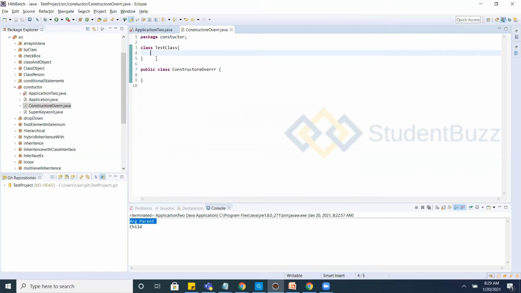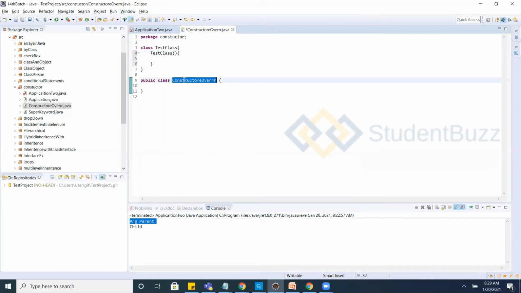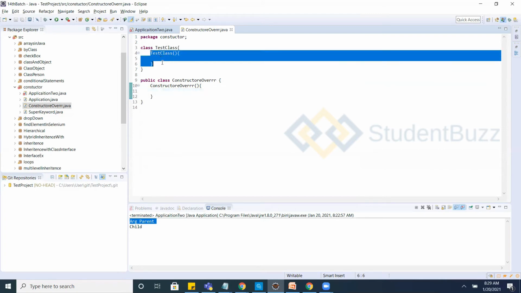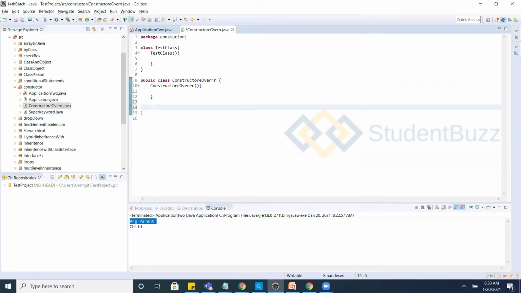So one class is the test class, another class is the constructor class. Here I have a constructor of no parameters, and I also have another one here. Overriding means this class has a method, and you are implementing it in a different way in a different class.